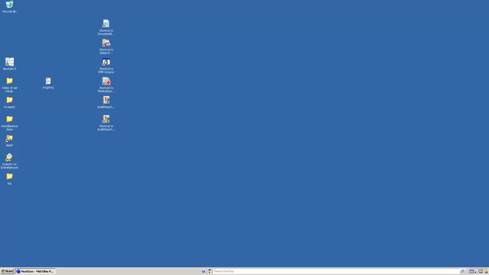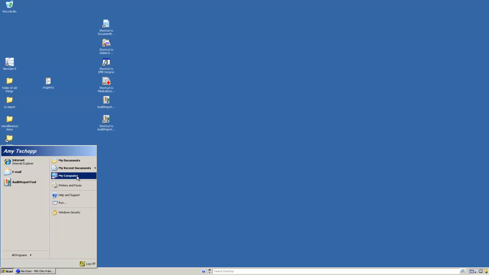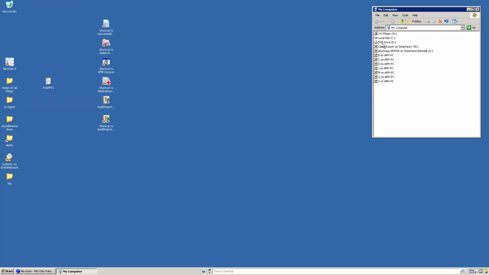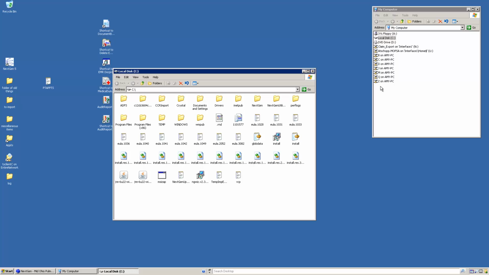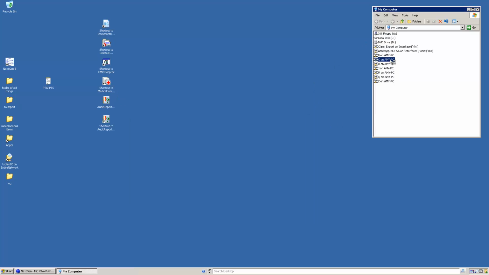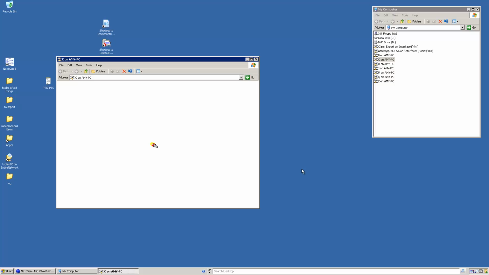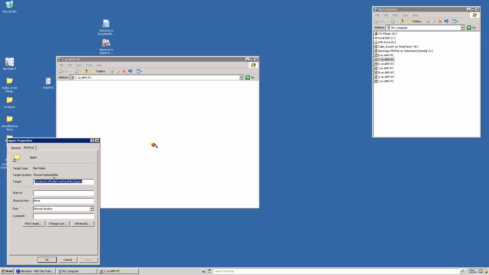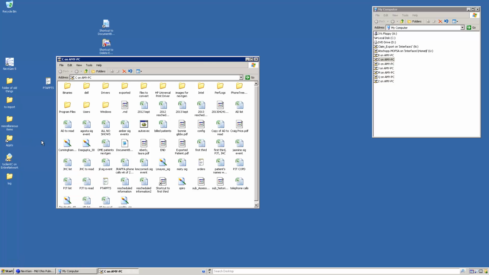Now I have a shortcut here to the appointments folder. If you don't have that, you're going to want to go to My Computer, go to C, you want to go to C on your computer, and it does take a little while because it is a remote desktop to find that location. And then once you're on the C on your computer,